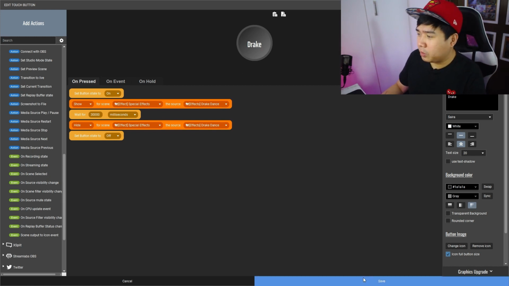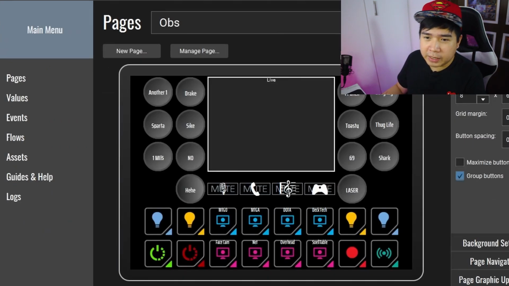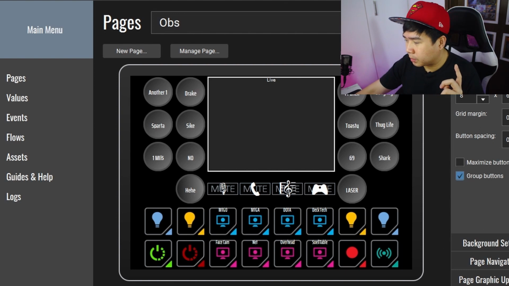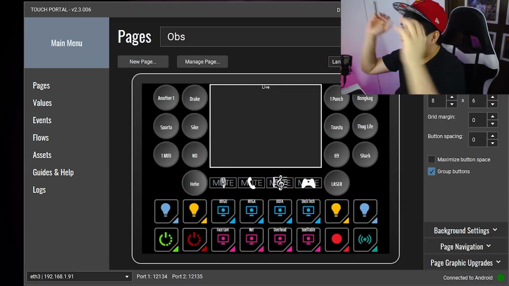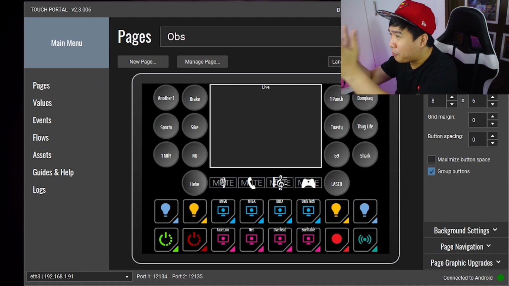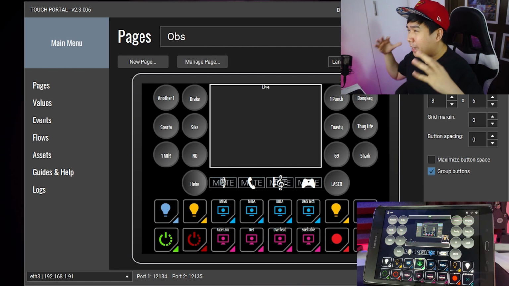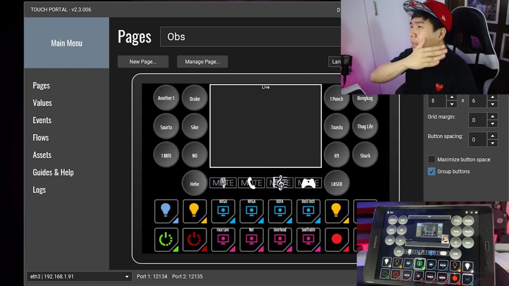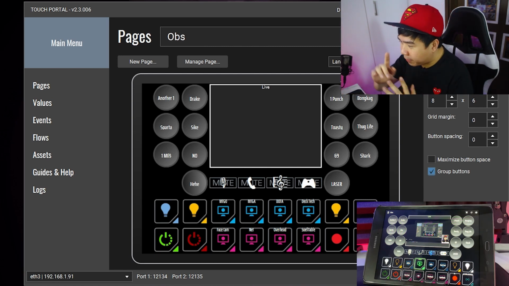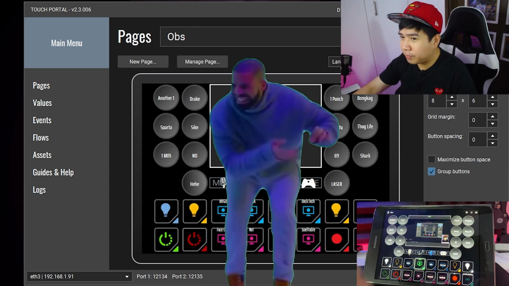Okay, so to demonstrate what it does for us, I'm going to change the scene to my main cam, which is, say, MTGA. Boom, you'll still see me there on frame. However, in this specific scene and layout, I have already layered my effects. So if I click my Drake for you,